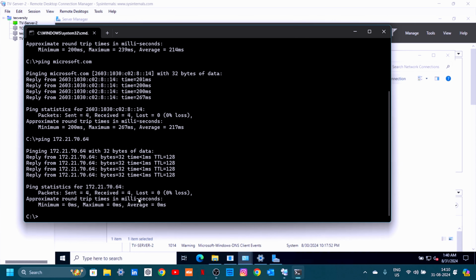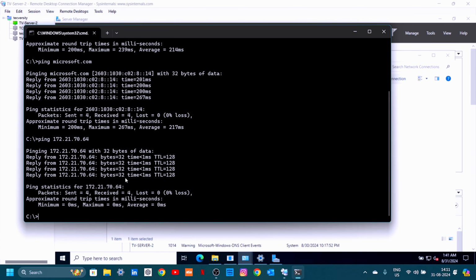The round trip time in milliseconds, the minimum time for a packet to go and come back, is 128 milliseconds. That's the standard. We cannot see anything below that, because that is the minimum time for a packet to travel and come back. You could see 129 or 130 or 160 or whatever, but you will not see anything below 128. That's the reason it says minimum is 0 milliseconds, maximum is 0 milliseconds, average is 0 milliseconds. That means the connectivity is appropriate here.